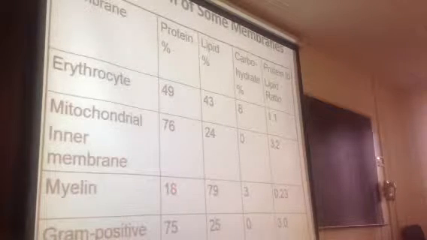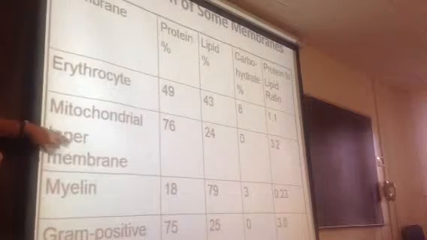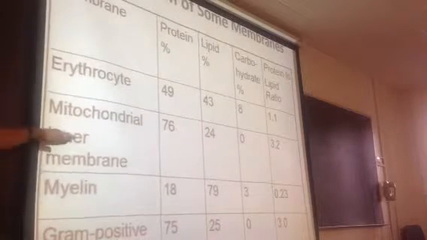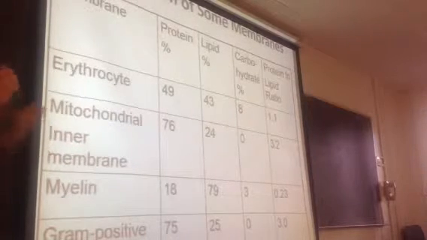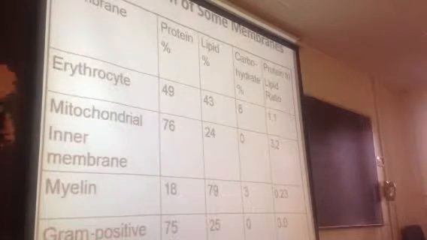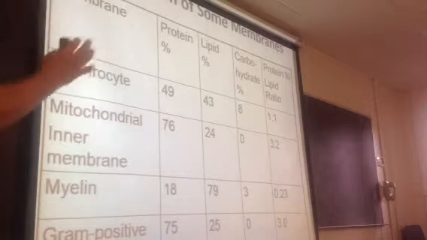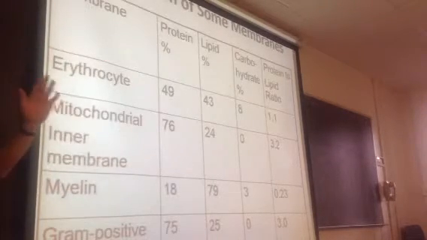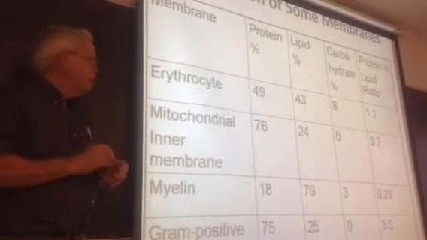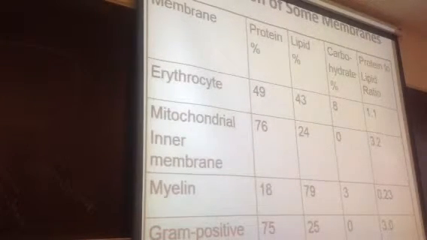It doesn't need much protein. It's only 18% protein and almost 80% lipid. If you look in contrast to that at the mitochondrial inner membrane, this is the membrane where ATP is made. There's a lot of machinery buried in that membrane that's responsible for synthesizing ATP. That membrane is 3/4 protein and 1/4 lipid. So the amount of protein versus the amount of lipid varies depending on the function of the membrane. Just an item of interest, the mitochondrial inner membrane looks